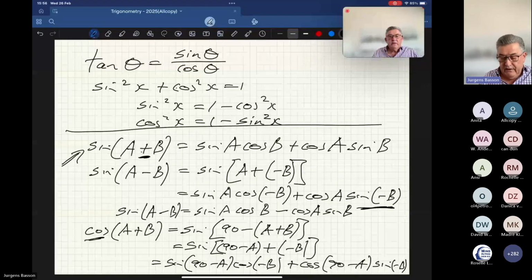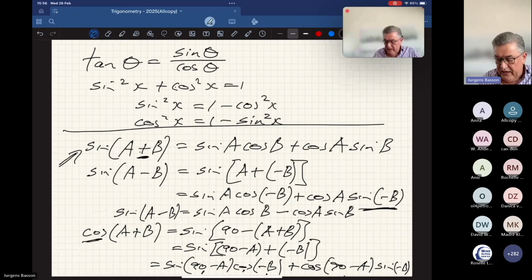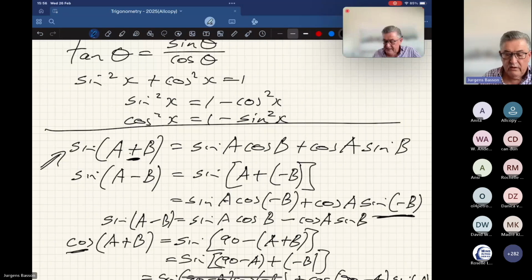Now, ladies and gentlemen, I'm running out of space here. So if you just look at this, the sine of 90 minus A is cos A. Cos of negative B is cos B. So this will change to cos A cos B. The cos of 90 minus